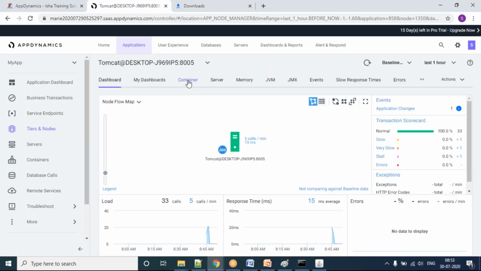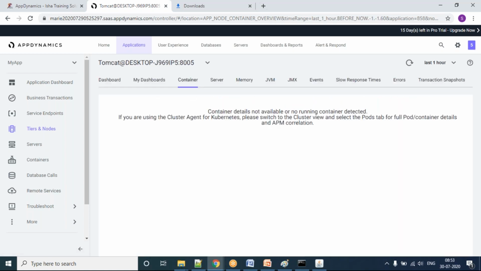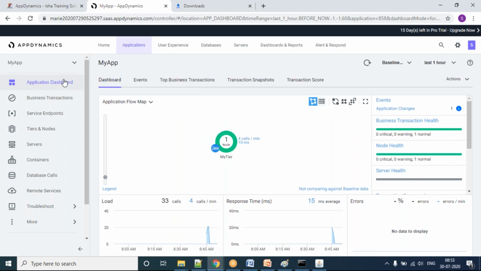Say if you have containers, you can see the screen now. There is a separate tab for containers itself. If you configure that, the data will be populating here once you configure your container configurations. That is the bare minimum thing we have to do. Since you are expecting it, I will try to give you a theoretical understanding of how that actually happens. Okay, thanks. Yeah, sure.